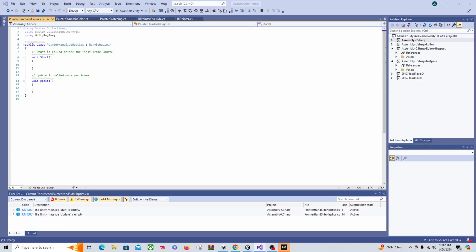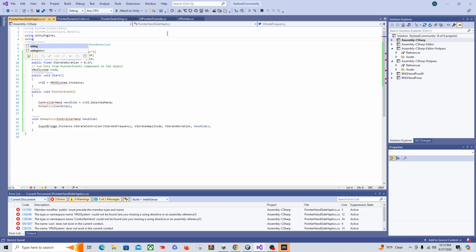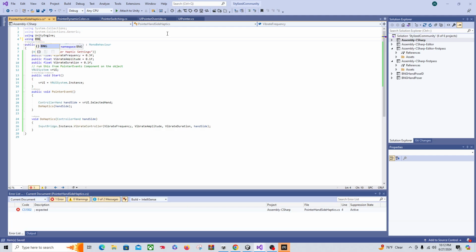It's a pretty simple script. So basically this is just going to give you a, using BNG, way to send haptic feedback for whatever's pointing at it. So I'm just getting VR UI systems instance, and then it's just going to check and see which hand side it is, and then it's just going to run the do haptics when you run this pointer event. So how do we do that? Well,